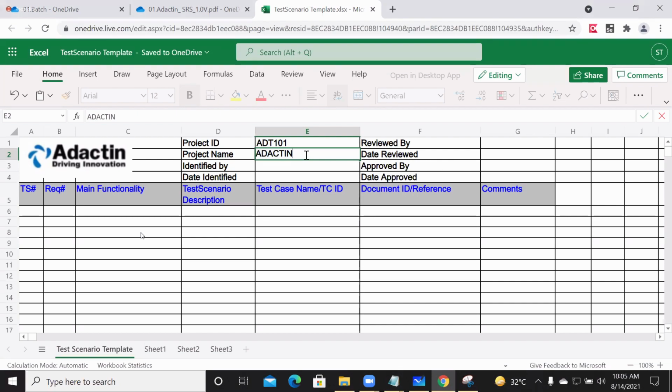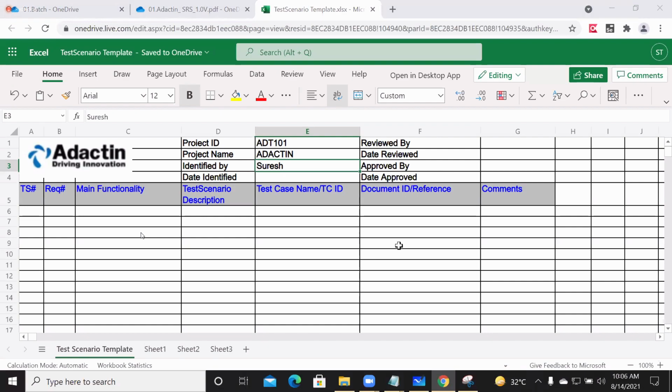Next, identified by, which is the tester name. I'm writing my name. You guys can write your name.